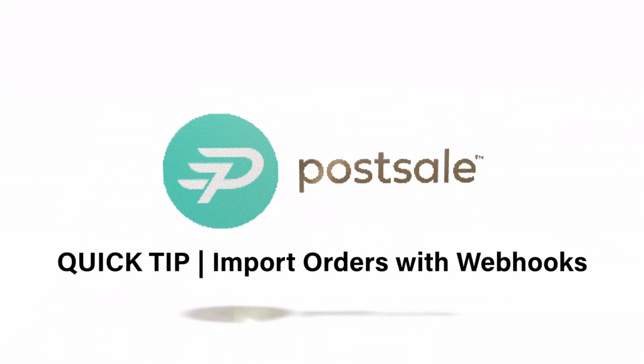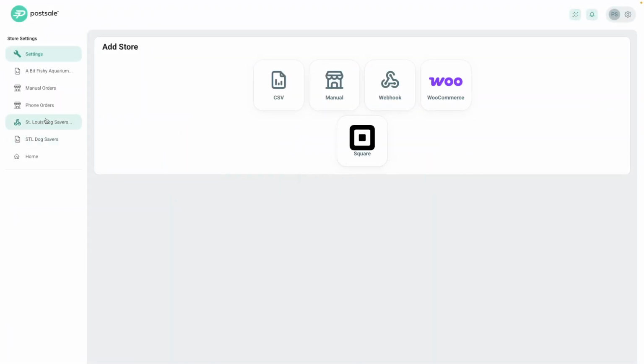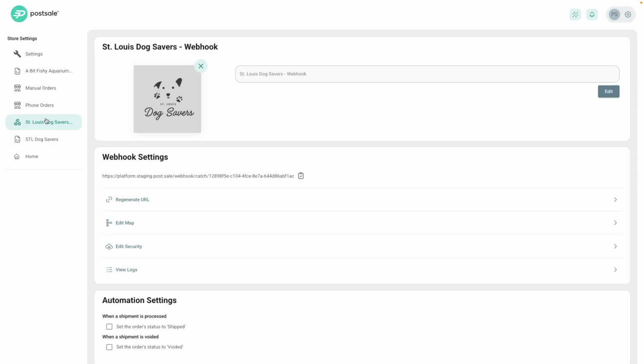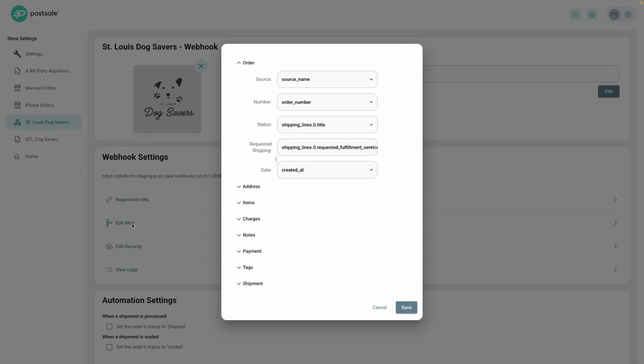Send order and shipment information to Postsale using Webhooks. Webhooks allow you to send order information to Postsale when an event occurs in your order source. You can import order details like the order number, order date, items associated with your order, payment details and charges,